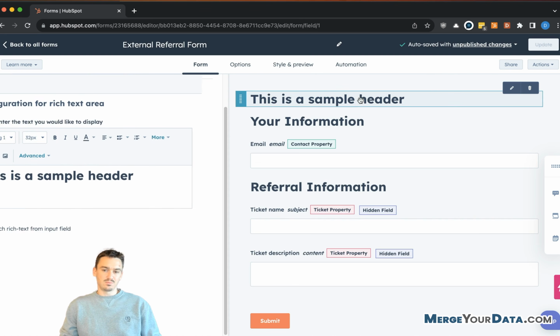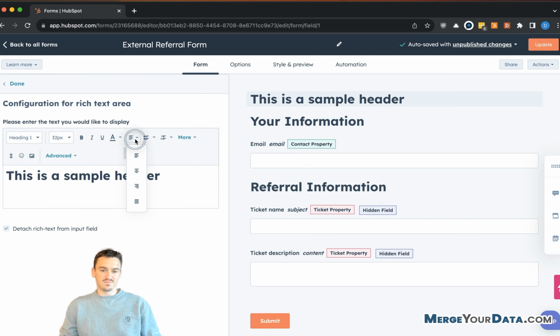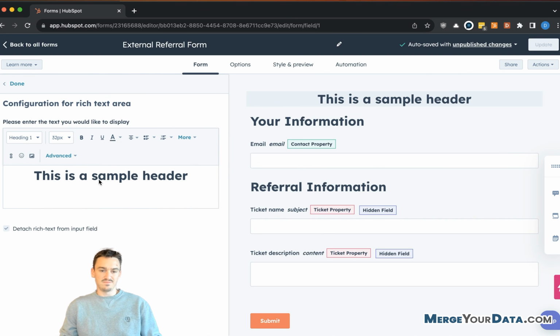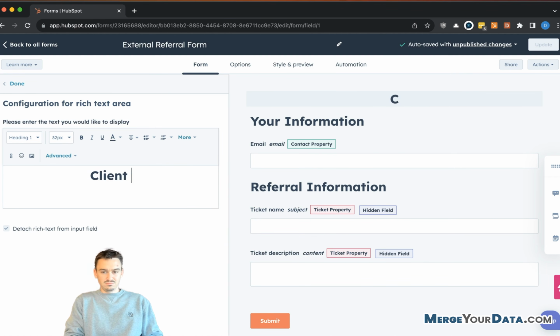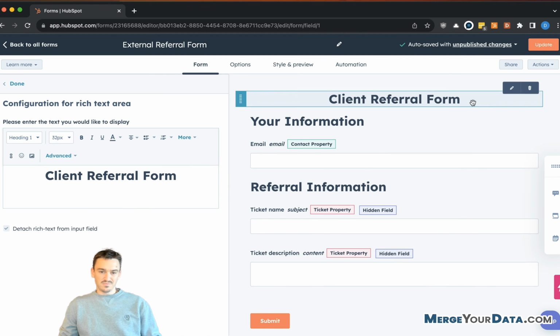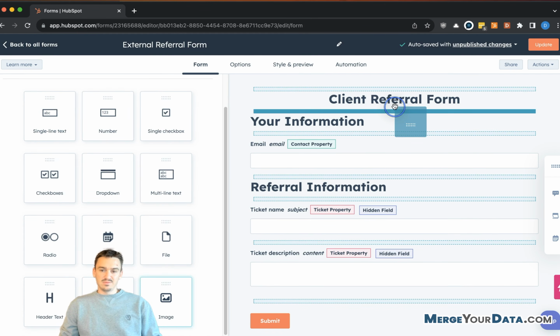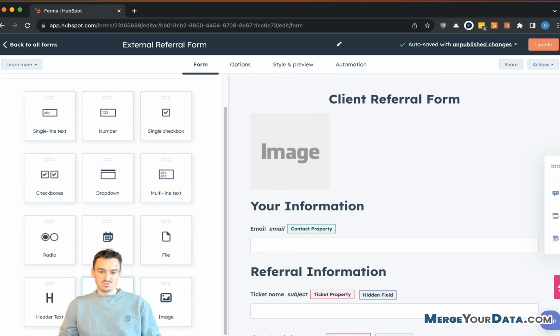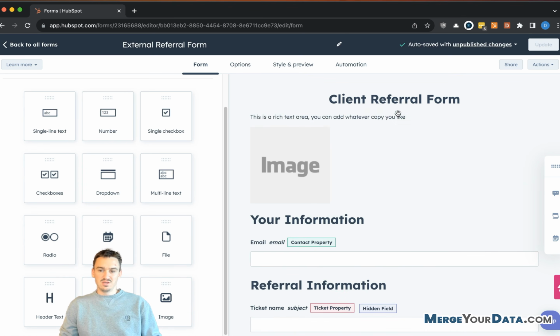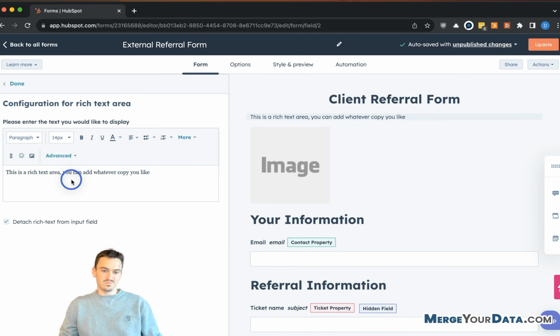Obviously, you can also create a title for the form if you want to do that. And so you can name this something like client referral form. And then if you want to make it branded, you can add in your image or maybe some additional text below with instructions. Maybe you run a promo or something where you're like,